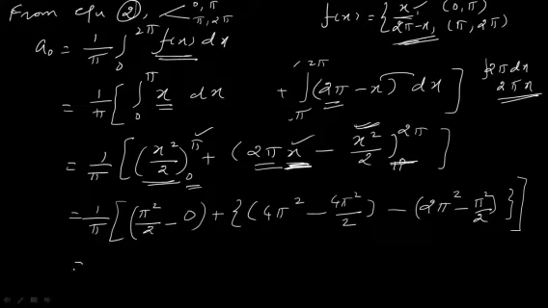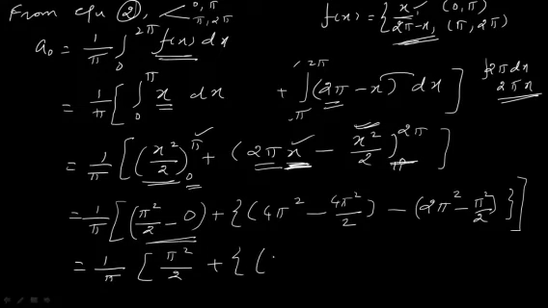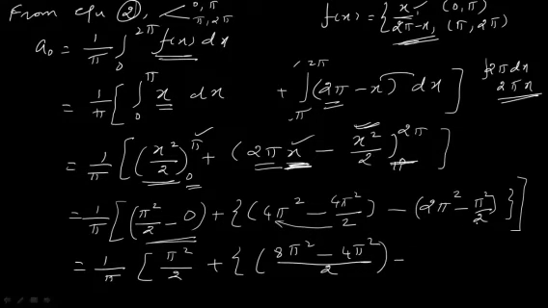Let me simplify this. That is 1 by pi. Here you have pi square by 2. Okay. So leave this 0. So pi square divided by 2 plus, let me take the LCM now here. If you take an LCM, what happens? That is 8 pi square, 4 2s are 8. Right? 8 pi square minus 4 pi square divided by 2. Minus, here itself if you take an LCM, what you are going to do? You just multiply this 2 by 2. That is 4 pi square minus pi square divided by 2.